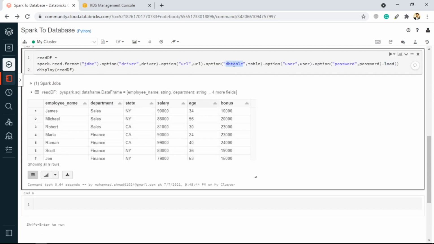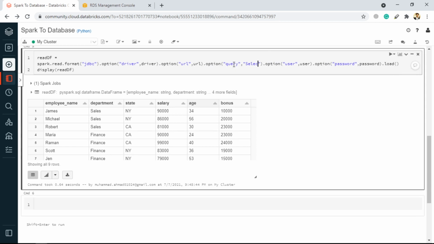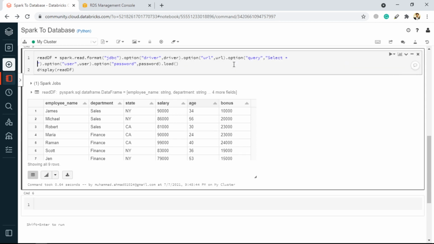Now the thing is that you can specify it as query instead of DB table, and here you can provide the query, like I can go for select count. I just want to get the count of employees per department. It could be anything.